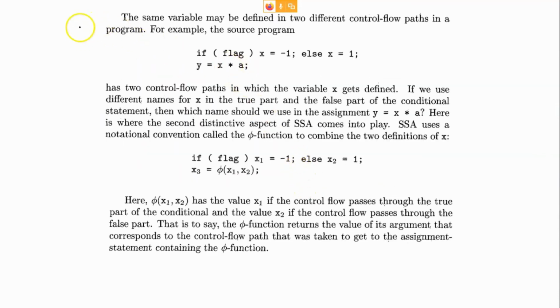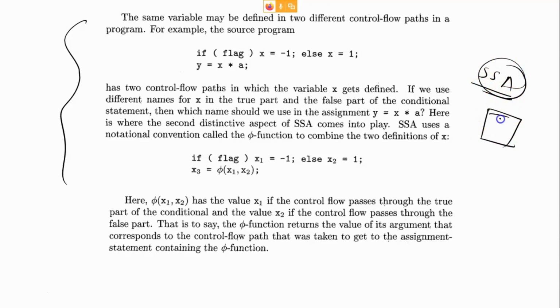This is in Ullman actually. When you study SSA from the Ullman book, they have only one page. In that one page,